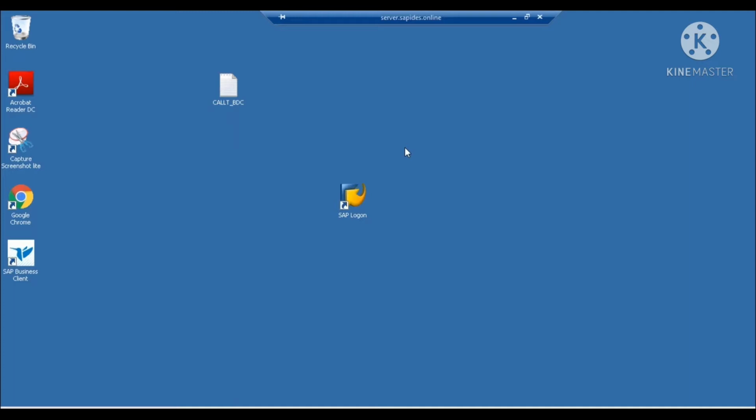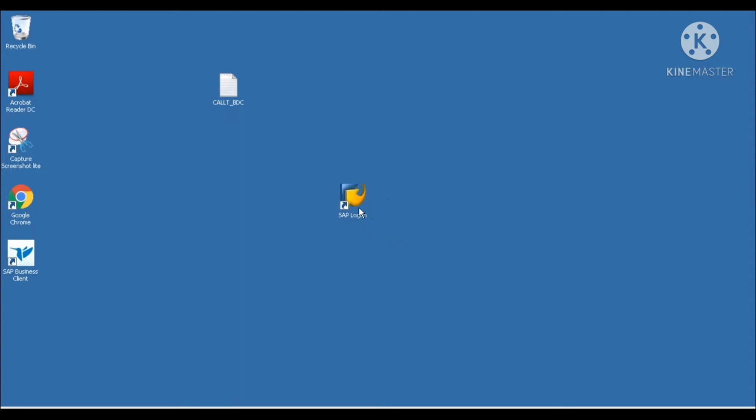I have already entered the computer name and username here, and then you click on the connect button. It would ask for the password, but since I have already saved the password, it is not asking, and it will connect with the remote desktop. Are you able to see my screen? Can you confirm, anyone?